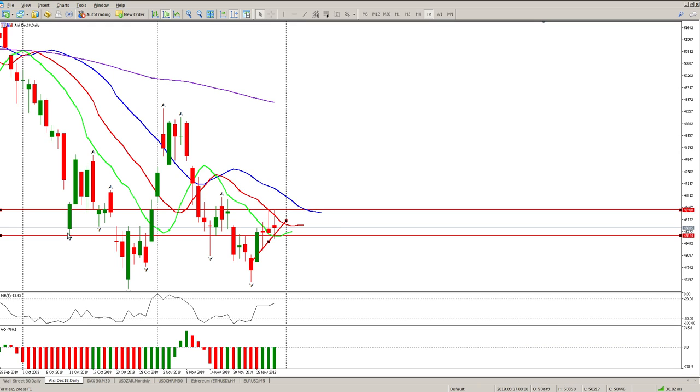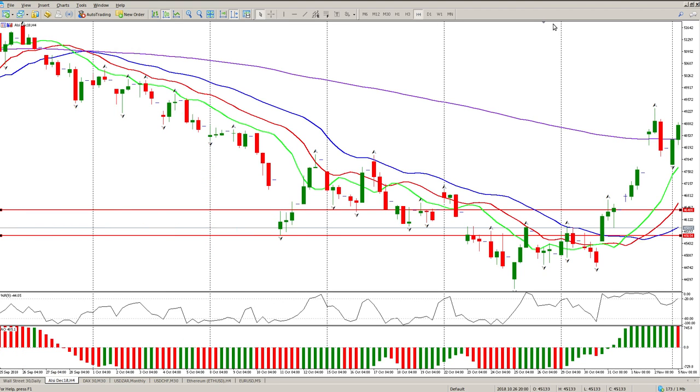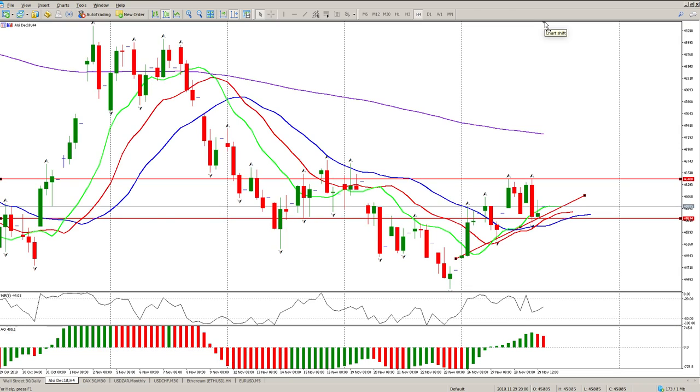So the key thing here is this is a range bar, or a spinning top. Essentially a break above the high of yesterday or the low of yesterday will pretty much give us the direction that we're going in. Okay, so let's just get down to some time frames we can trade today.